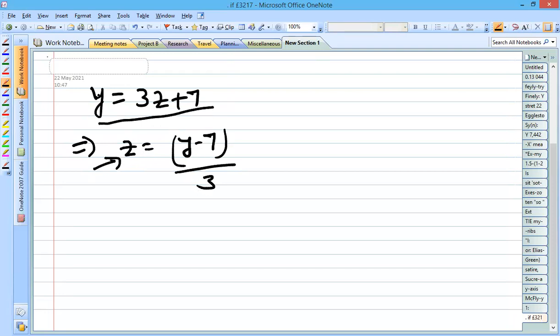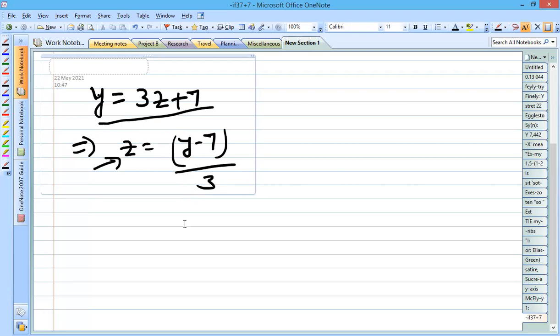As we have discussed in the functions of a single random variable, whenever we want to find some PDF or CDF, suppose the function y is equal to g of x is given, then we need to know the reverse process. So we were writing x is equal to g inverse of y, right? Similarly, whatever function we have given here, y is equal to 3z plus 7, from this equation we can write the reverse equation, z is equal to y minus 7 by 3. Using this, we can write the PDF for y.